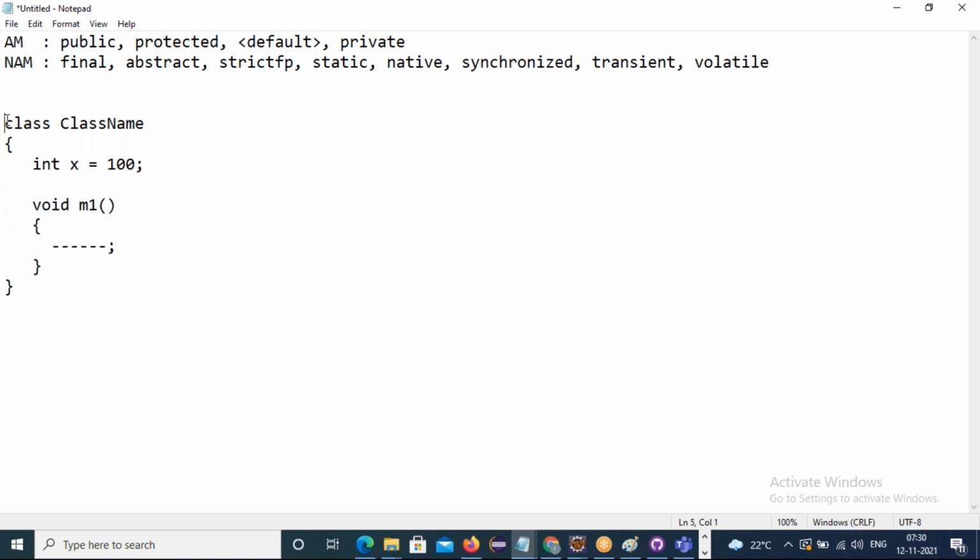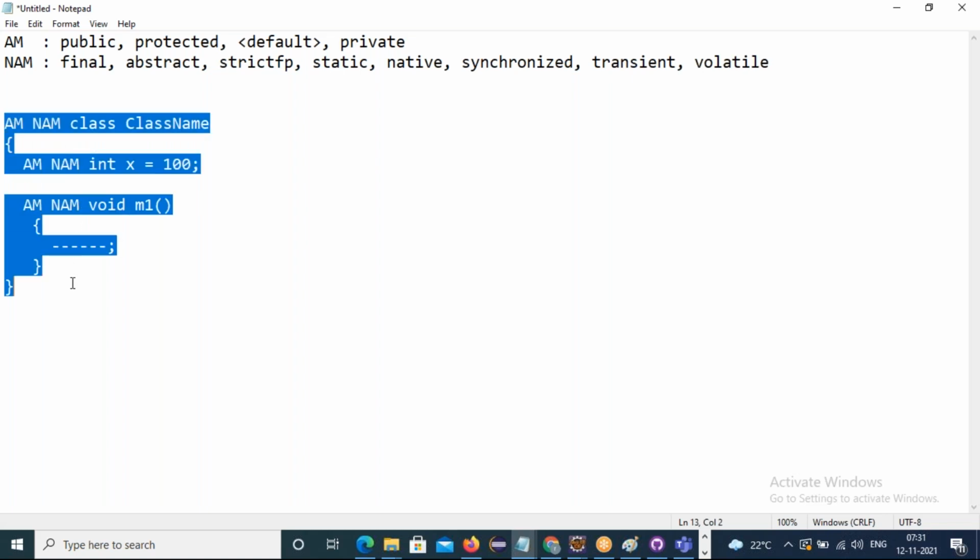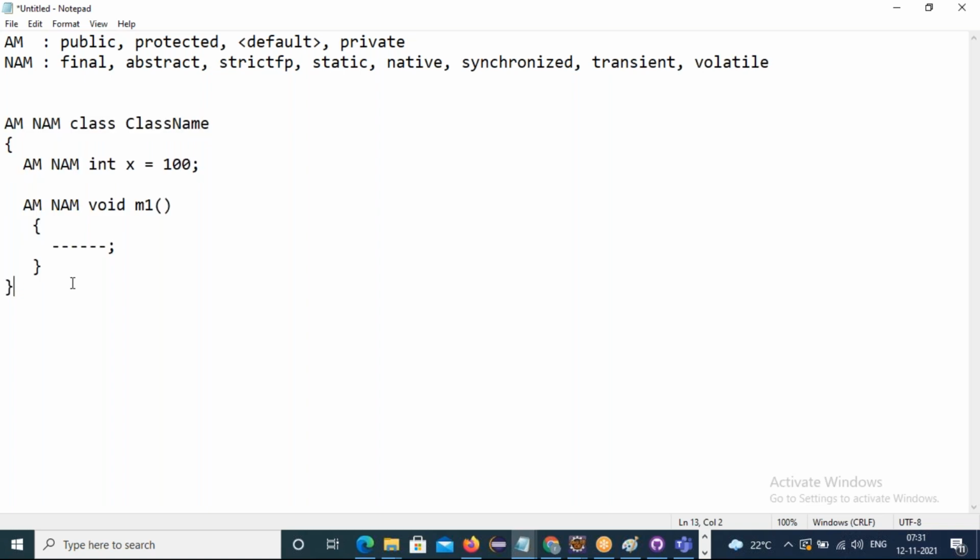Starting with the class, we give an access modifier, and next we give a non-access modifier to the class. Even variables have access and non-access modifiers, and even methods have them at the start. So for every class, variable, and method we'll have access and non-access modifiers.